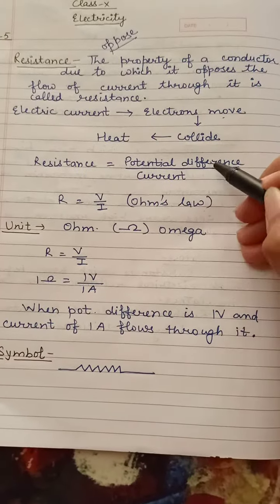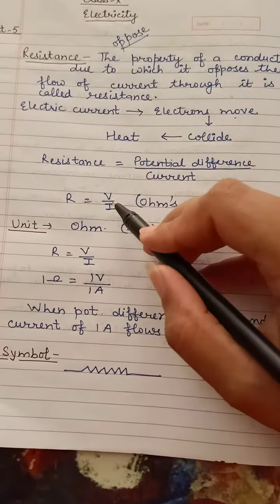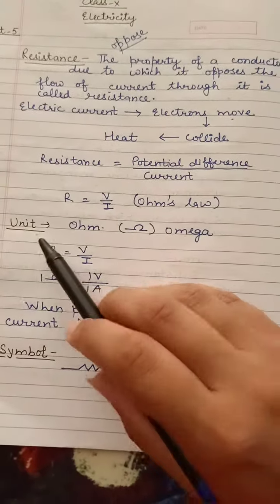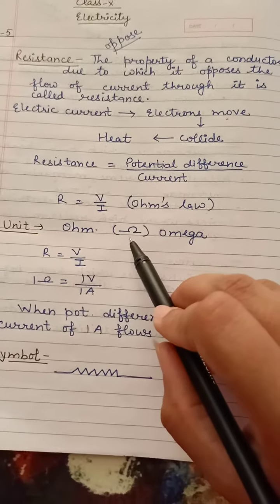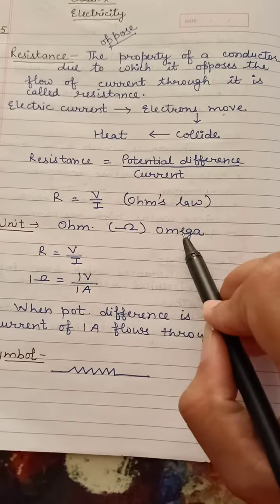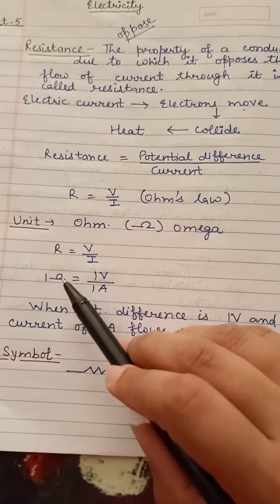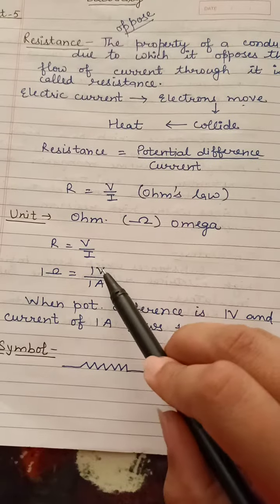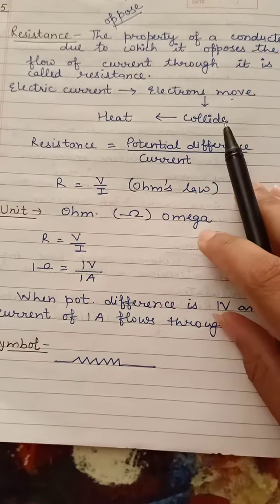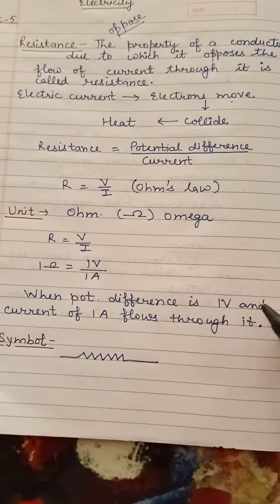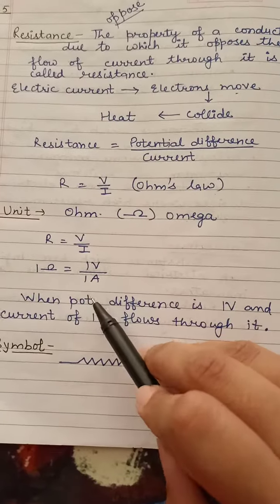Resistance is equal to potential difference upon current according to Ohm's law. So R is equal to V upon I. The unit of resistance is ohm, which is denoted by the symbol omega. We have R is equal to V by I. So R is 1 ohm when potential difference is 1 volt and the current is 1 ampere. So when potential difference is 1 volt and the current of 1 ampere flows through the conductor, then the resistance